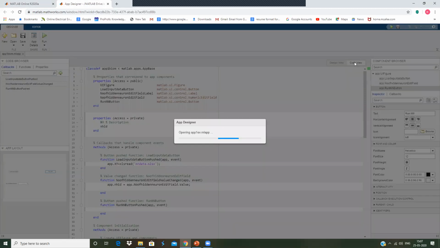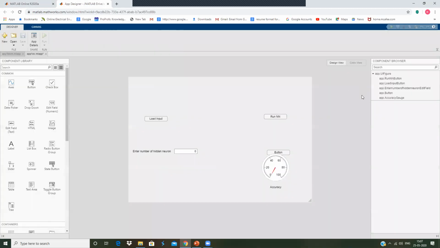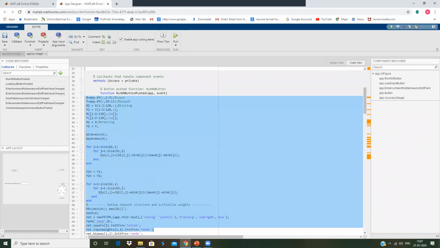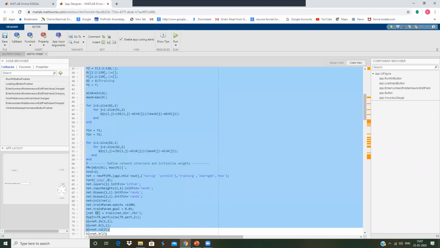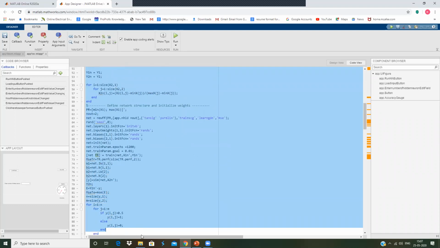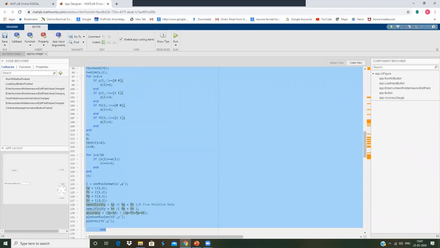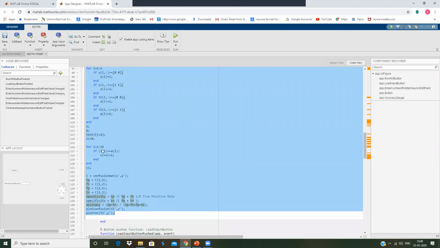This one I already developed. This is the program for training the neural network. I am copying this.